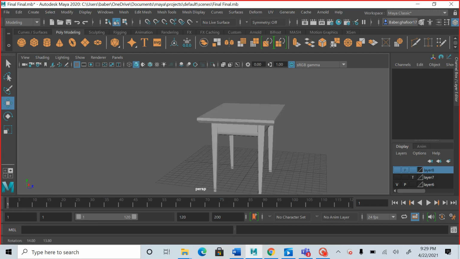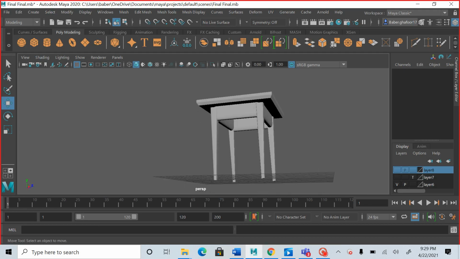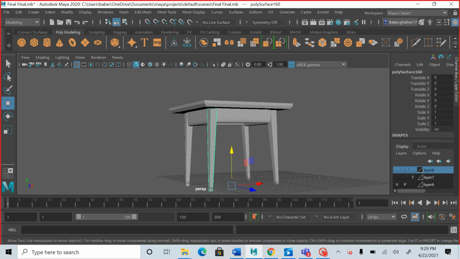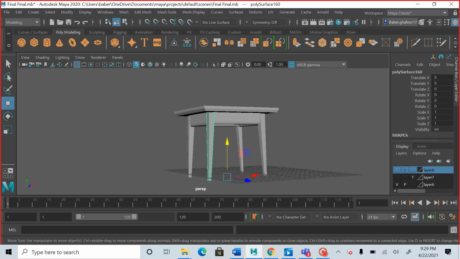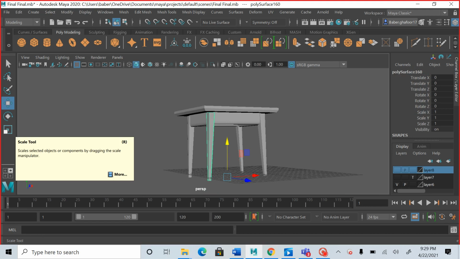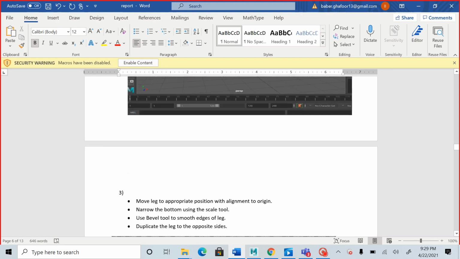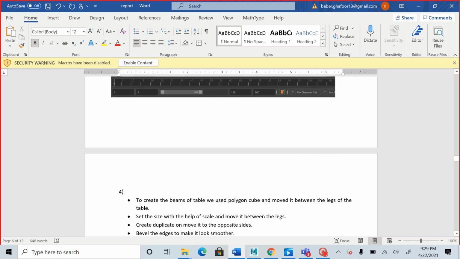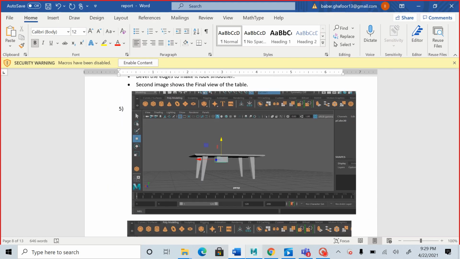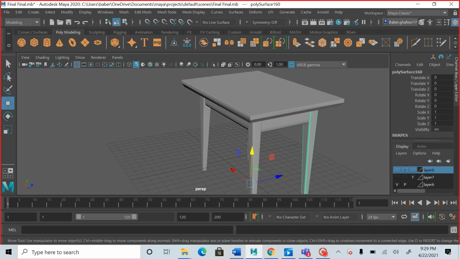for us. And once we shifted the leg to one of the corners, we beveled its edges, and we made the bottom of the leg narrower by using the scale tool, and we then duplicated it to the sides. After that, we also created the supporting beams of the table, like this one,